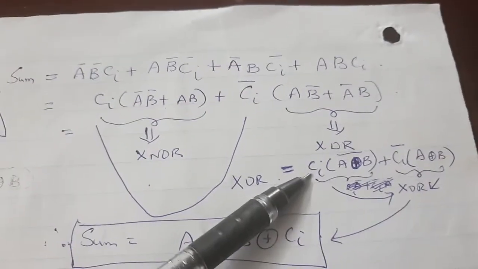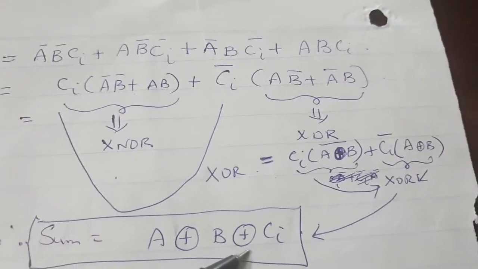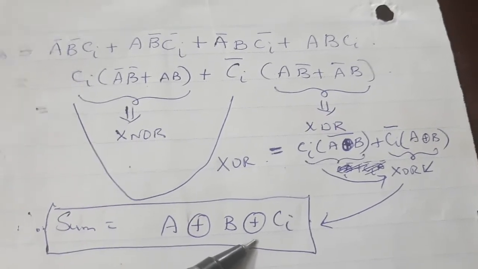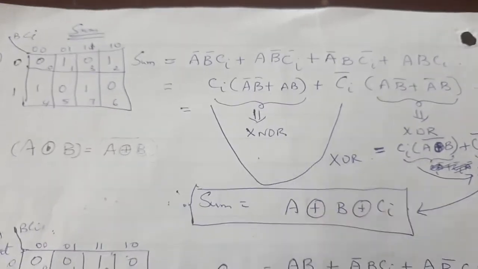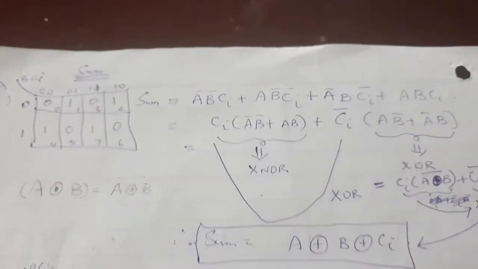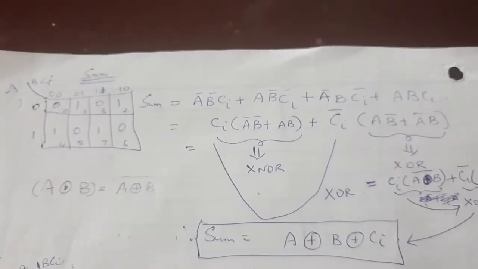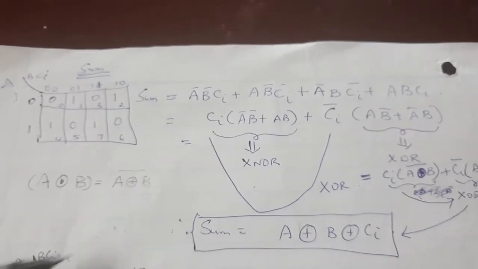Again this expression can be written as A XOR B already given. Now you have Cin and Cin bar. So complement, exclusive OR combination. Therefore the sum output for 3-bit information is a 3 input exclusive OR of A, B and Cin. That is the sum. Now we come to carry. Again do the K-map for carry.